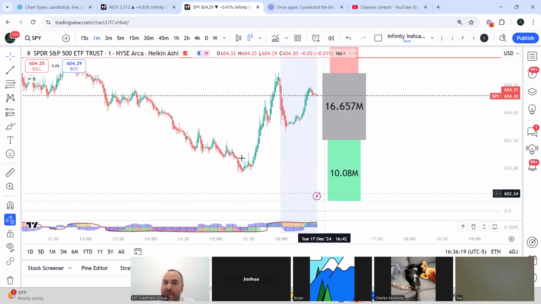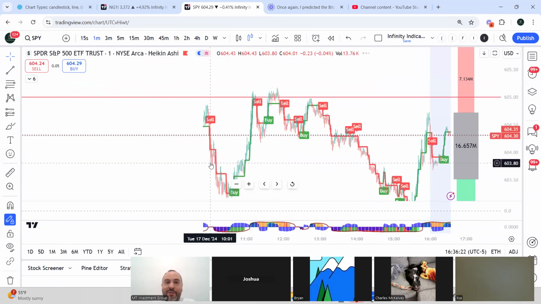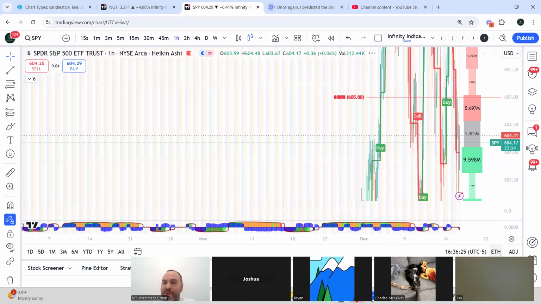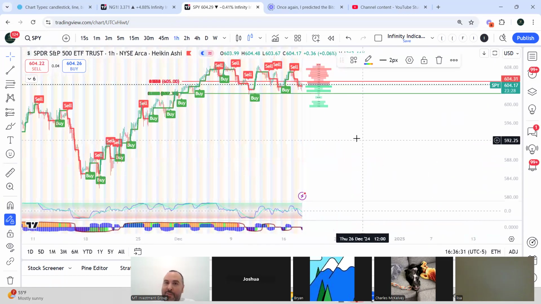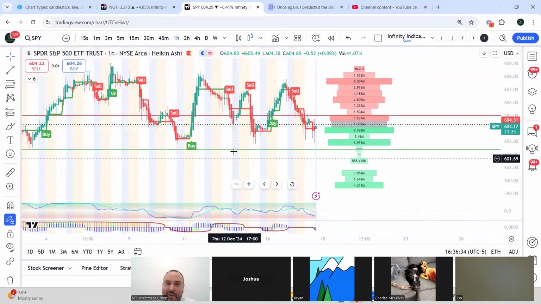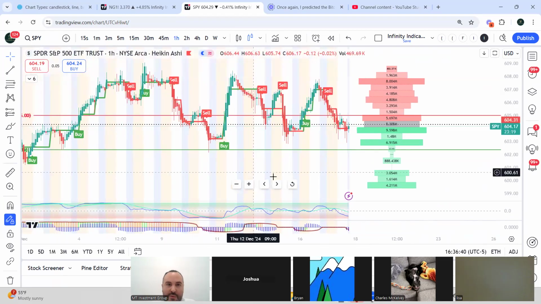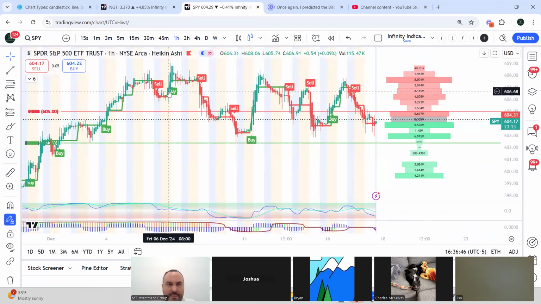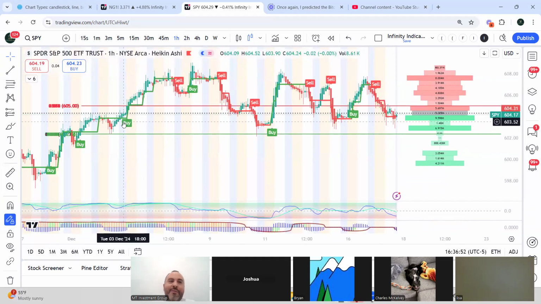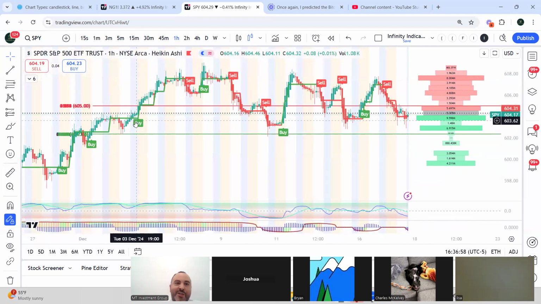So I've got it on. Let's turn it to extended trading hours here. Let me see if I can find a good example for you. We're on the hourly chart now, extended trading hours. Let's see if I can find an example. I mean, this is kind of an example. Well, I guess that's not really an example, but imagine this buy signal here came